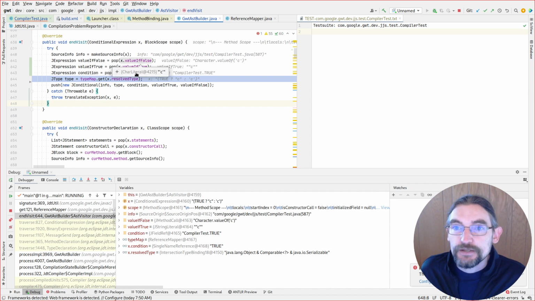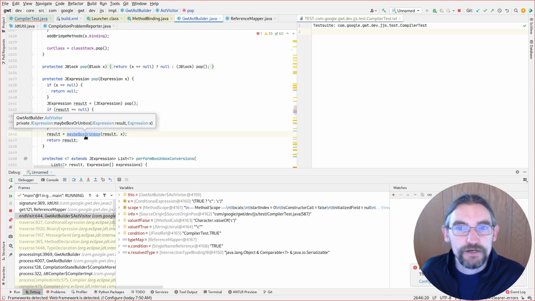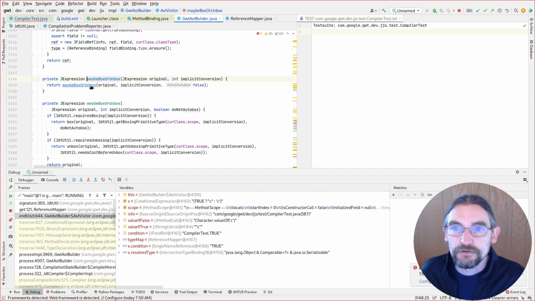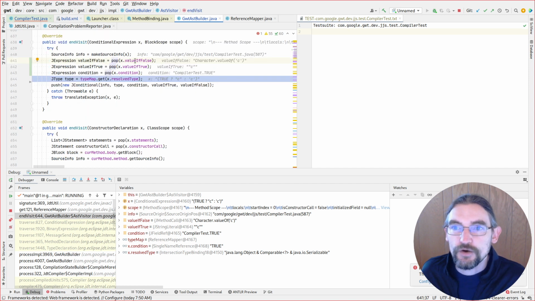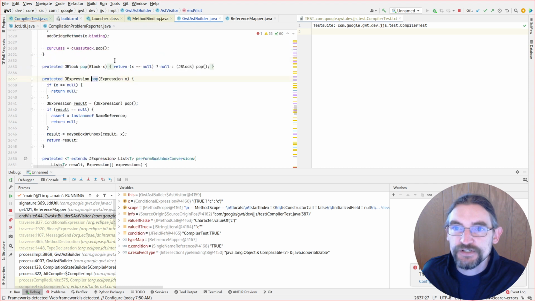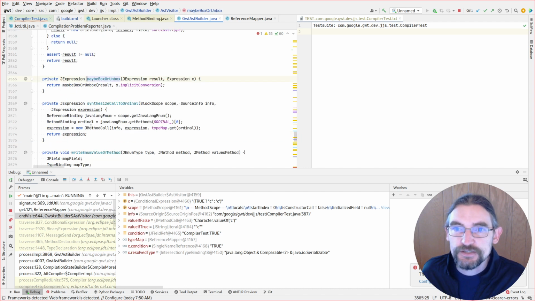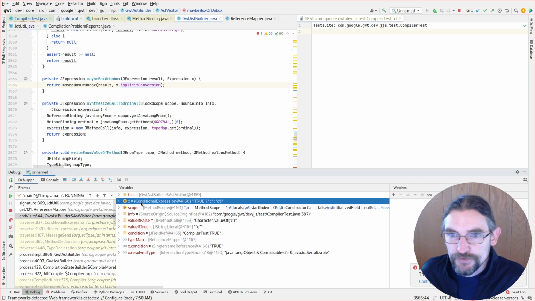So let's look instead at what we have here. There's a char literal C, which apparently was rewritten to Character.valueOf. Interesting. So I guess pop already did that. Maybe box or unbox. So this was responsible to say what exactly? We pass in the char literal C itself. Pop is going to say, okay, here's the resulting J expression and the original JDT expression. Maybe box or unbox. X has implicit conversion. Let's see what that was here. It was X